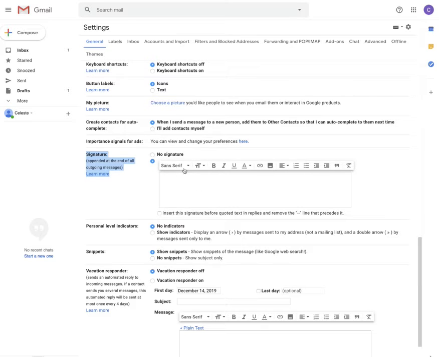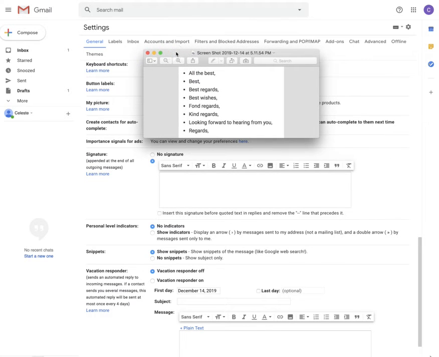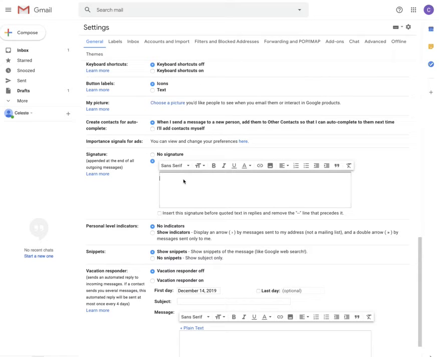So we're just going to leave it with the default settings right now, but we are going to go ahead and type in the closing. Now you can choose what kind of closing you would like to use. So here you can see these are many of the most popular closings that are also really appropriate for your school email. So I'm going to go ahead and sign off. I'm going to include regards. And you always want to end that, follow that with a comma. And then you're going to put your first name